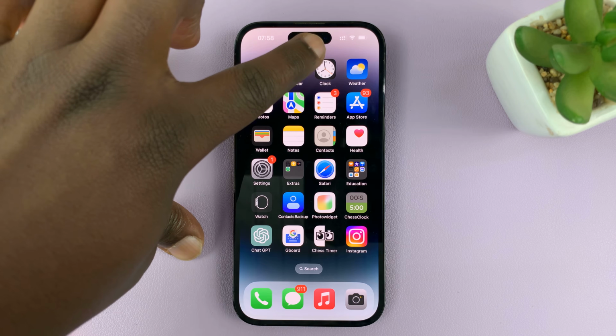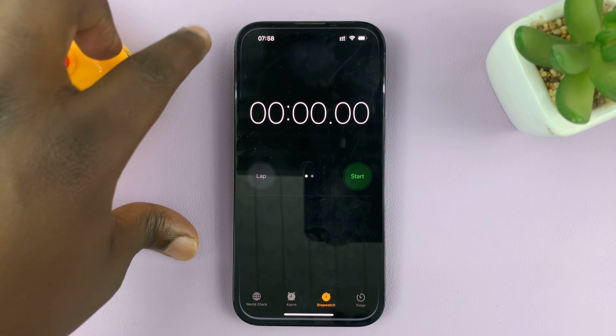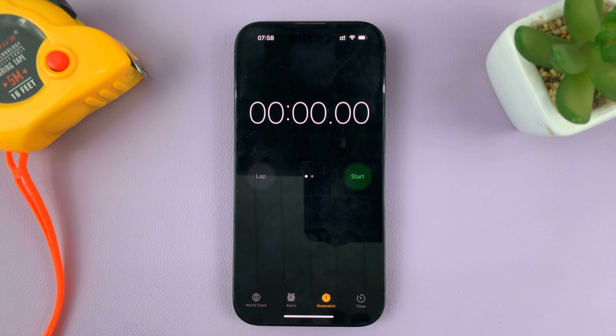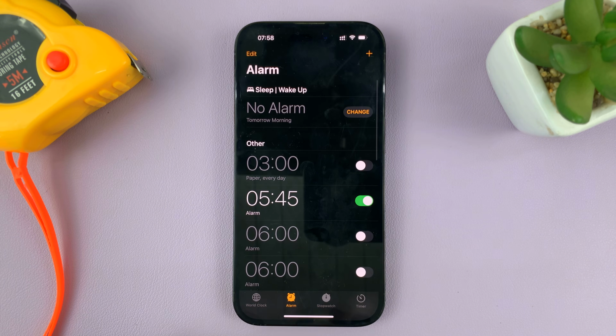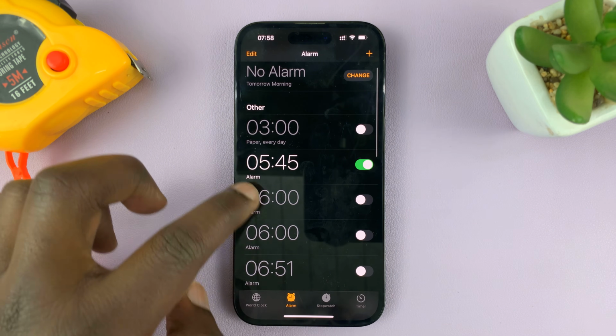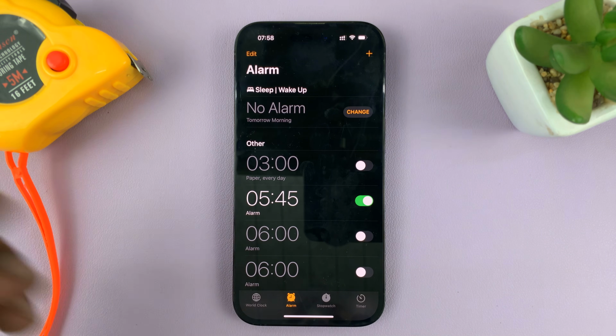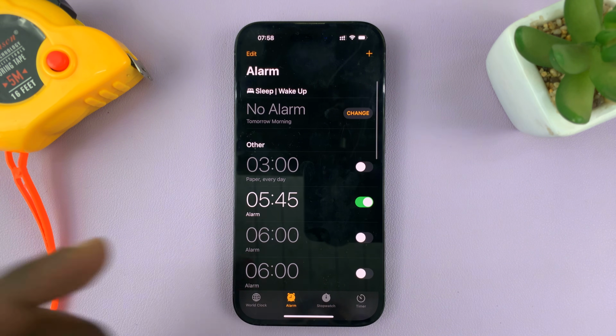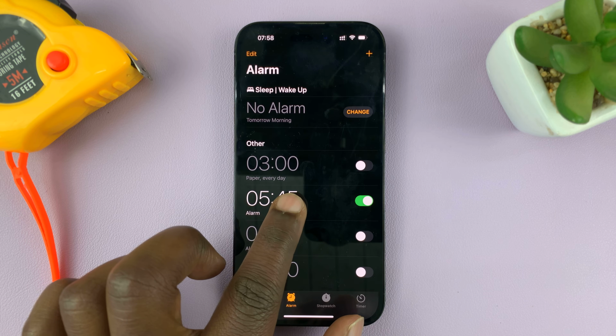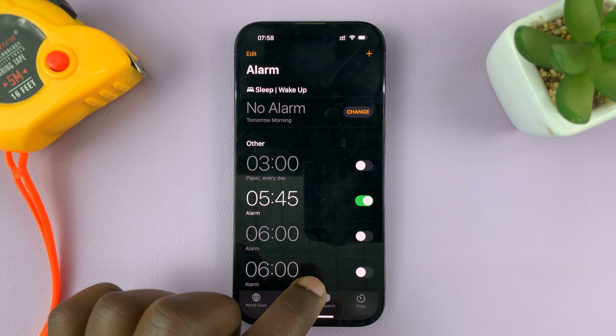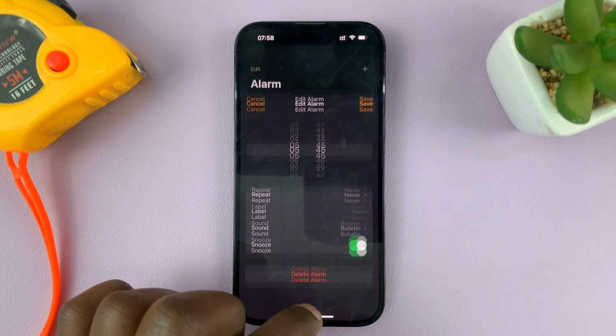So what you need to do is go to the Clock app on your iPhone, and on the Clock app, make sure you select Alarm, and that will list for you all the alarms you have set up. Some people have one, people like me have many. So go to the alarm that you want to change the alarm sound to a song, like that one, tap on it,